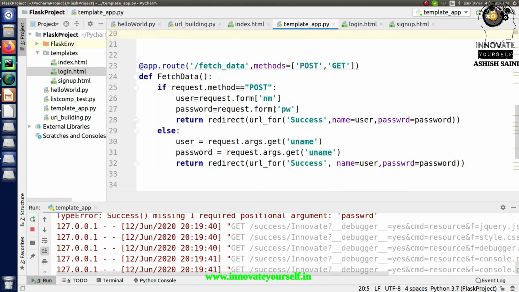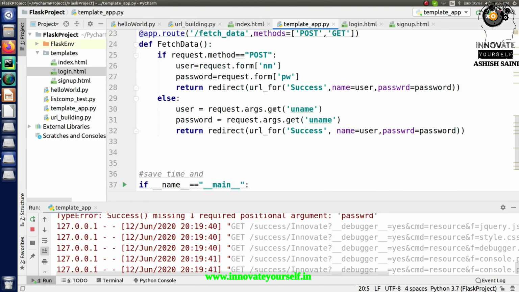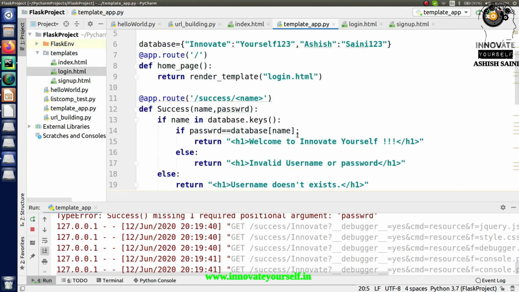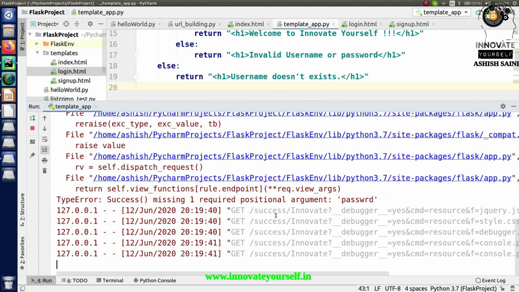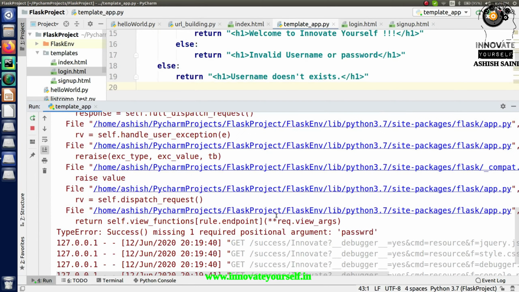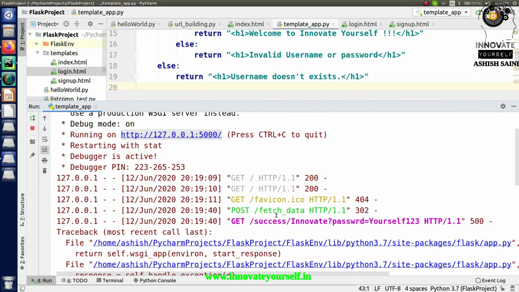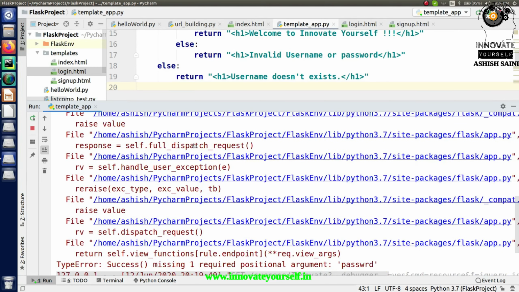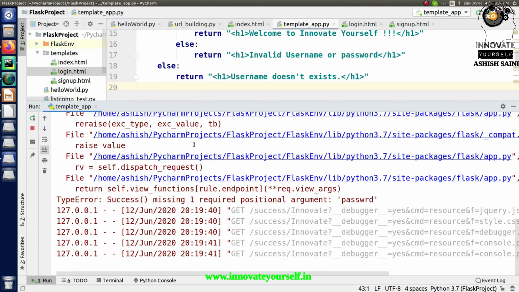And also one more thing, password, and missing one positional argument. In which line am I getting this error? I'm getting this error in success, missing one positional argument.